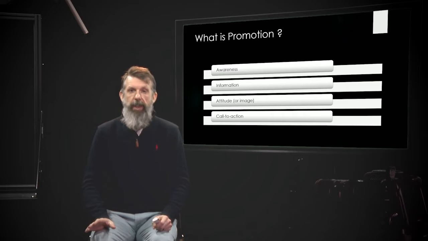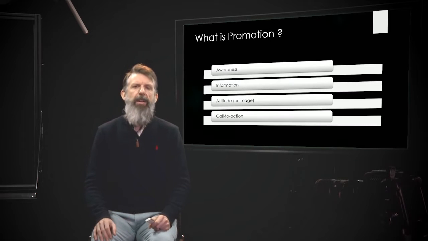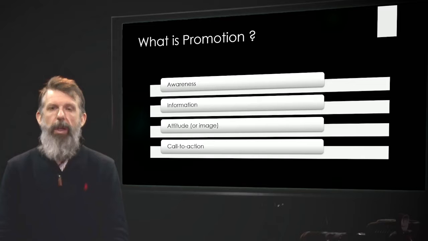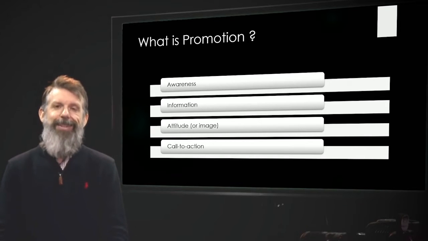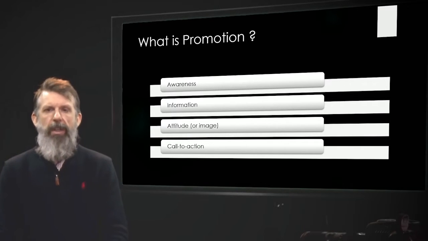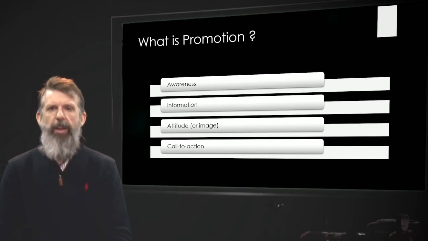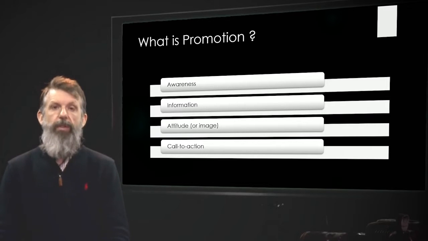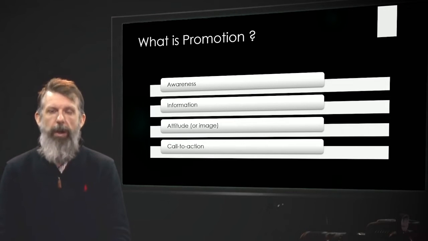Now in the second one, people start to become aware of who you are, so you're going to start to educate or inform them about what you do. Why should people buy your product? Why should people hire you? What problem are you solving? That's the information step. Now your ads or communication become a little bit thicker, like you can tell them a little bit more, because people already know you exist. Now you need to tell them what problem you're solving. You're educating them. Once you've done this education and told them who you are and what problem you solve, then you can move on to the next 2.